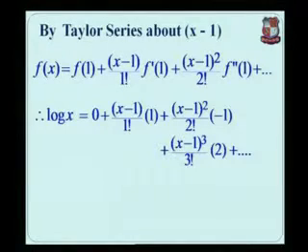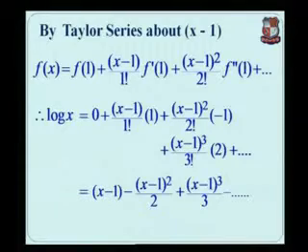Now if we simplify this, first term 0, second term 1 factorial is 1, so second term will be x minus 1, plus 2 factorial is 2 and minus 1 is there, so next term will be minus (x minus 1) square by 2,